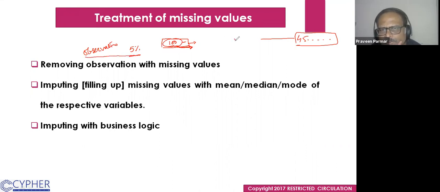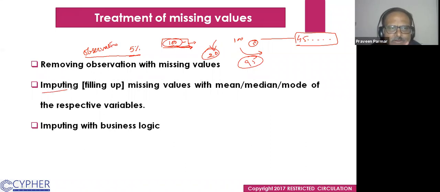If you have 100 observations and 5 are missing, you could remove them, and you will still get 95 observations to work on. But if the missing values are too high, like 20 missing values out of 100, then you have to impute something for the NAs. Is it clear? Okay.